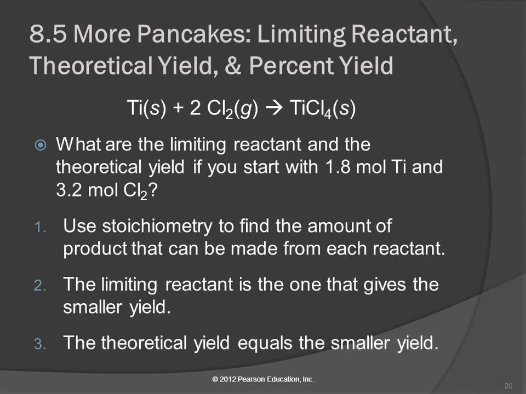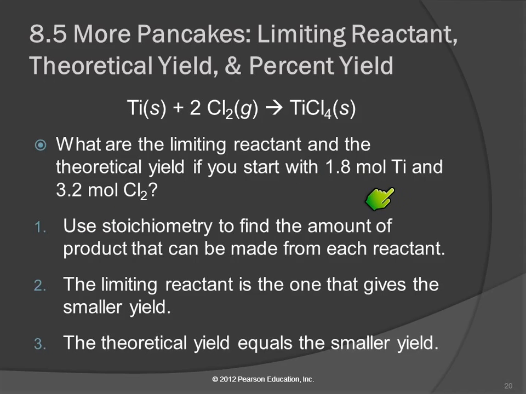Okay, so let's apply this limiting reactant idea to a chemical reaction. So here we've got titanium reacting with chlorine to form titanium 4 chloride. The question is, what are the limiting reactant and the theoretical yield if you start with 1.8 moles of titanium and 3.2 moles of chlorine? We're going to treat this just like we treated the pancake problem. Here we have 2 ingredients, and we have amounts of 2 ingredients. We're going to take